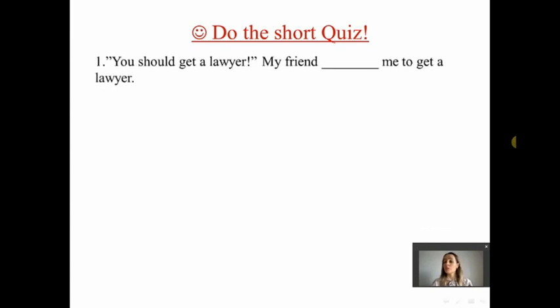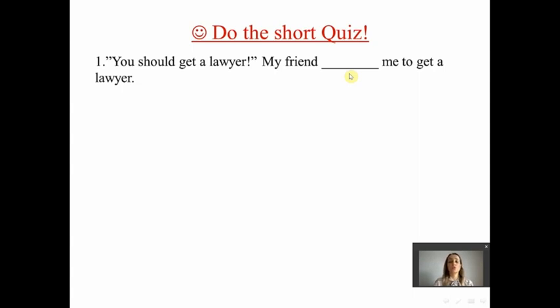Let me explain. You've got the first example. You should get a lawyer. My friend blank me to get a lawyer. Your task is to guess the verb, to put the appropriate verb in this blank.